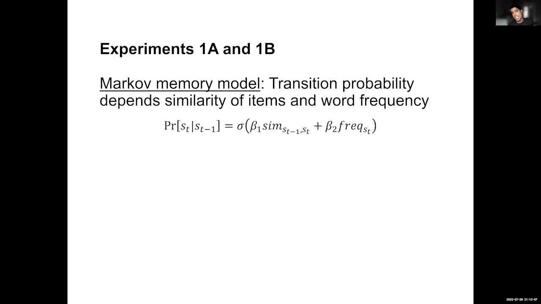If beta 1 is negative, we know that they're transitioning in a way that is negatively dependent on similarity. So they're going to transition from one item to a dissimilar item. Intuitively, optimal search requires negative beta 1 values. What we know about human memory search, based on that, we can predict that people will have positive beta 1 values. We're going to fit beta 1 and beta 2 to our search data to determine whether these values are positive or negative.